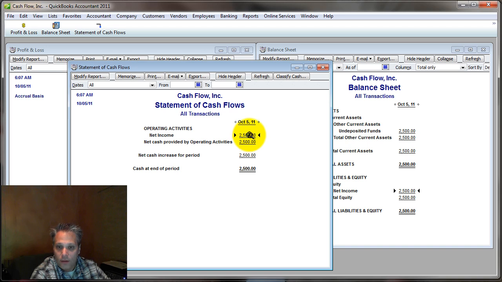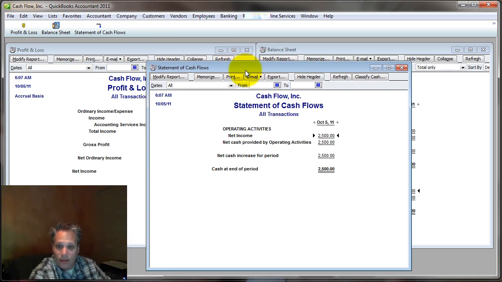We have net income. There's no change to accounts receivable anymore for the period, because what happened in between is it went up by $2,500, then it was reduced by $2,500. Since we're reporting on the period for all dates, it looks at this as no change to accounts receivable, because at the end of the day, accounts receivable got back to what it started at, which is zero. So no change means nothing shows up on the statement of cash flows, even though in between it did increase and then decrease by the $2,500.